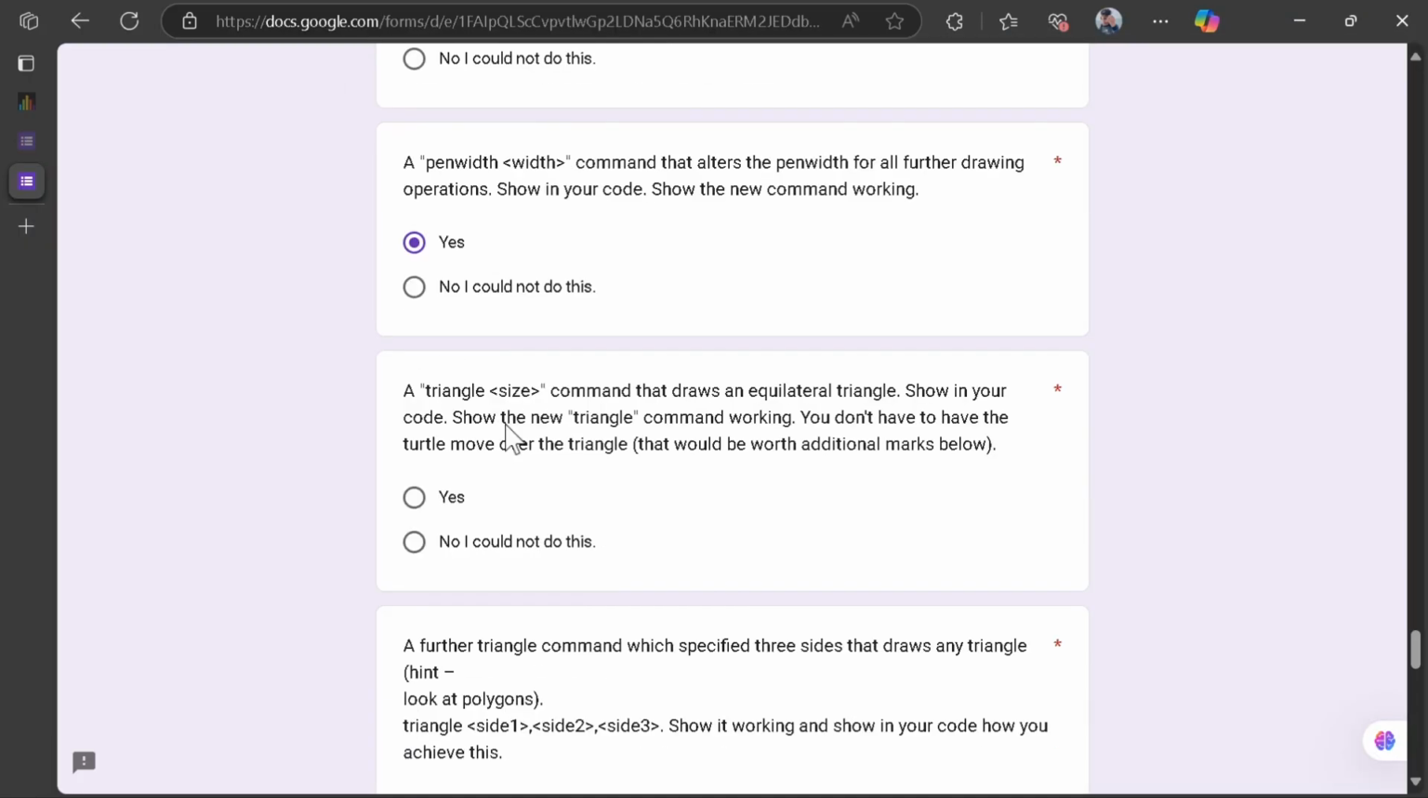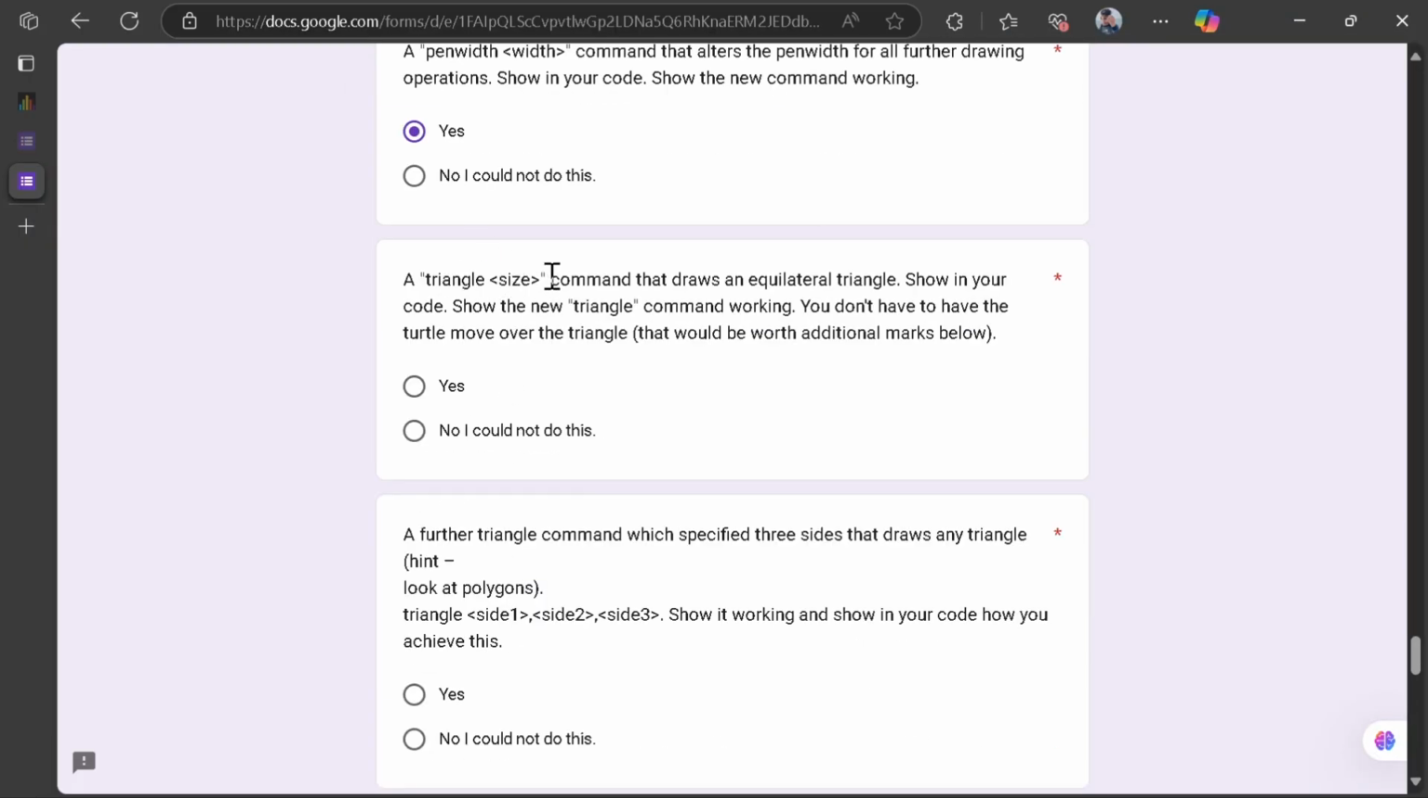So yes, and then a triangle of one size command that draws an equilateral triangle. In your code, for the new triangle command working, you do not have the turtle move over the triangle. That would be worth additional marks below. Okay,